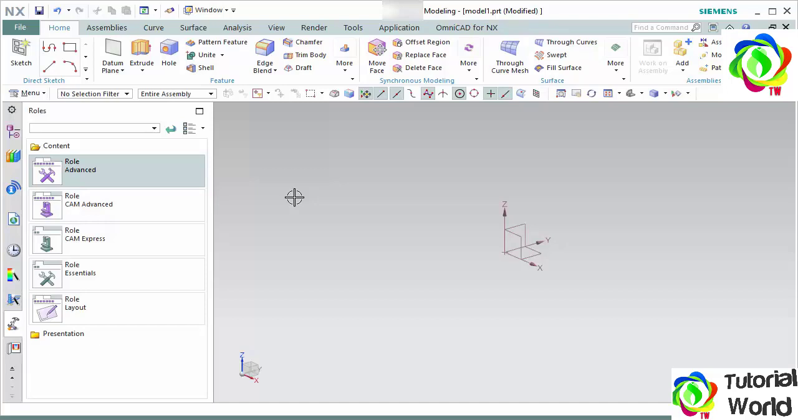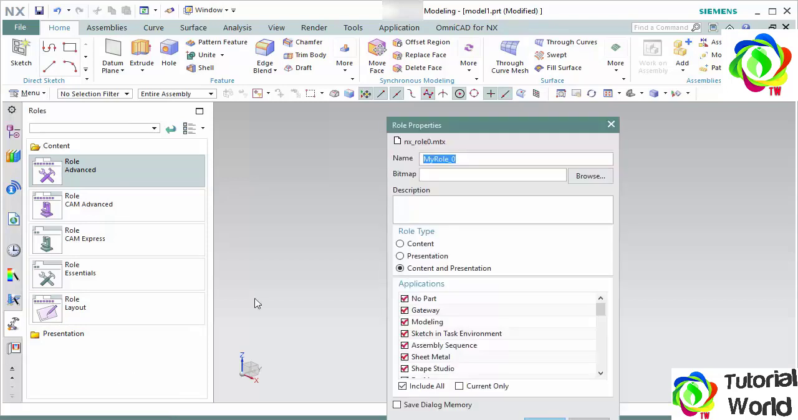So in this lesson, I will create a new custom role. All these 5 roles you are seeing are default roles inside this NX. You cannot modify any one of these. If you want to modify any one of these, you have to copy from here, and then from there you can modify your role. Let's say I want to start from role advanced. This is selected by default. Now I will right click here and I will select new user role,